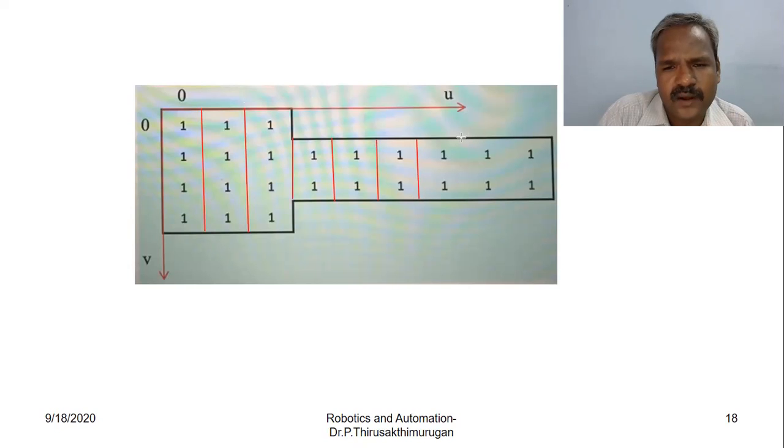I highlighted only the pixel values for the object, not for the background. The background image has values of 0. See here, these values are 0. So I applied the background only in the image.